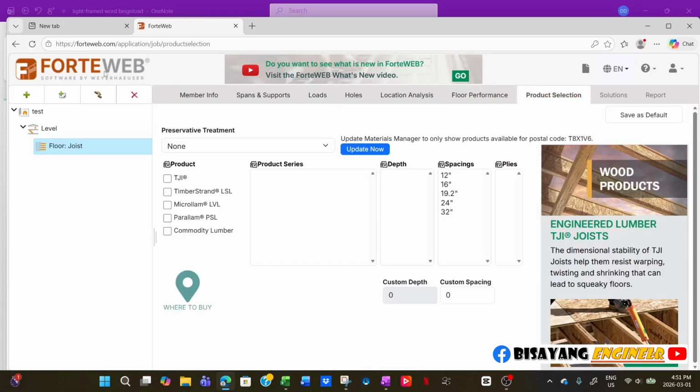Now, this one, by the way, is FortiWeb. This is free software for Weyerhaeuser products. All you have to do is just use their product here. If you use this FortiWeb, then you will specify a Weyerhaeuser product, and then